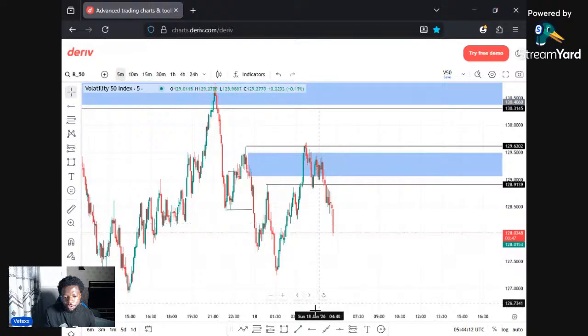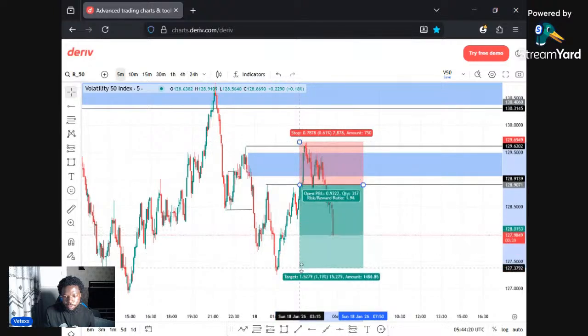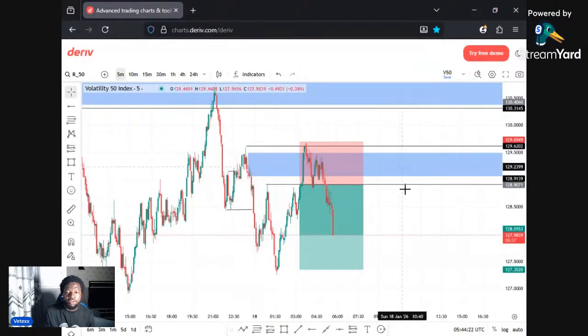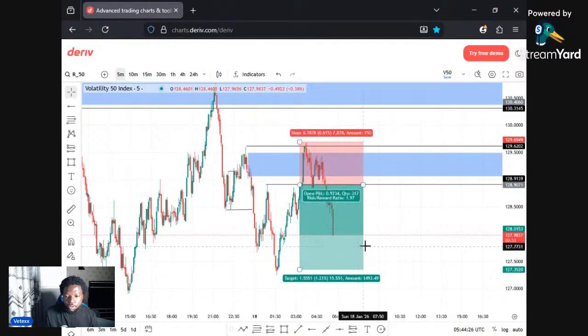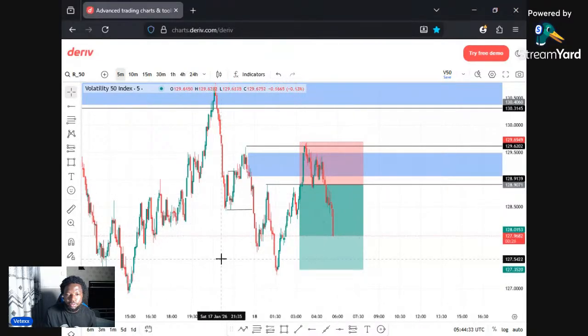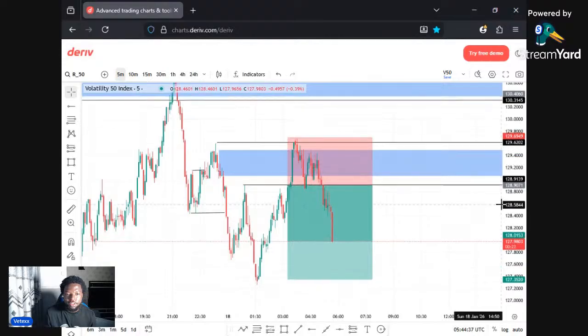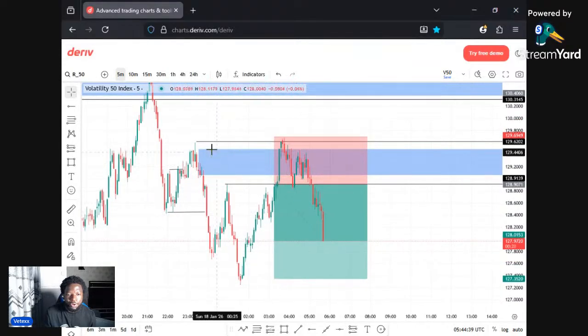So price came into this zone and started selling. So this is the target. I think price is almost at 1 to 1 RR. I think this is a 1 to 2 RR setup. So this is the setup we would have taken. The only reason we would not take the trade is that it got our POI invalidated,